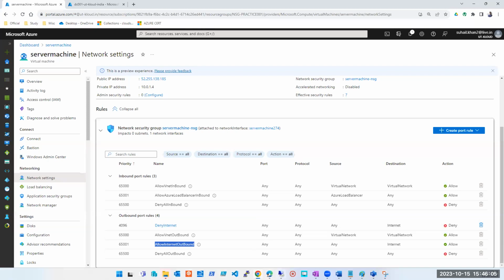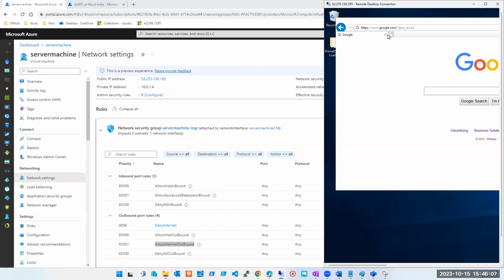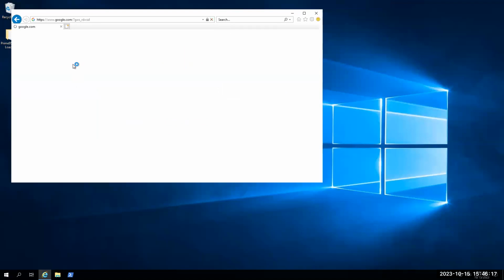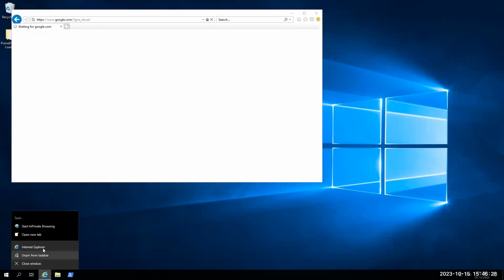Now let's check. We'll go to the same machine, this is the machine जिस पे मैंने Google try किया था. Never try refreshing the page. रिफ्रेश में कई बार चल जाता है, कैशे मेमोरी में होता है, उसी पेज को वो डाउनलोड करके आपको बता देता है. Will see it here, रिफ्रेश में चलता है क्या? By the way, रिफ्रेश में भी नहीं चल रहा है. Look at this, ये वेटिंग वगैरह आ गया, मतलब नहीं चलेगा. वो भाई, it's always a good practice कि उस पूरा ब्राउजर को बंद कर लो आप अच्छे से and you open a new browser